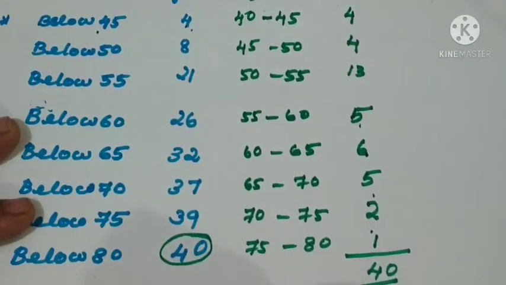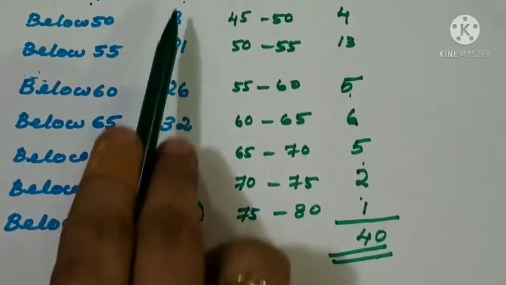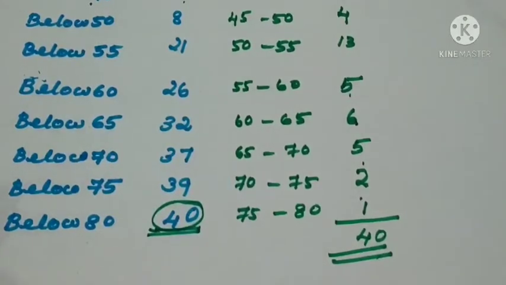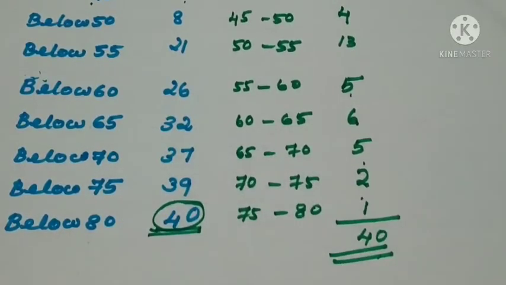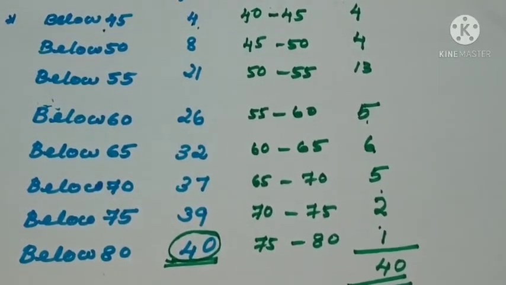So how can we check this step? We have to add and see what is the total number of frequencies. What is the total number of frequency? It is equal to 40. That is equal to the last class interval's corresponding frequency. The added frequency is known as the cumulative frequency. The terms I'll teach you later, while learning the median class. Now here we have converted to the original class interval and the frequency. I think when a less than or below table is given, you can convert it into the original class interval and frequency. The step you have already learned.